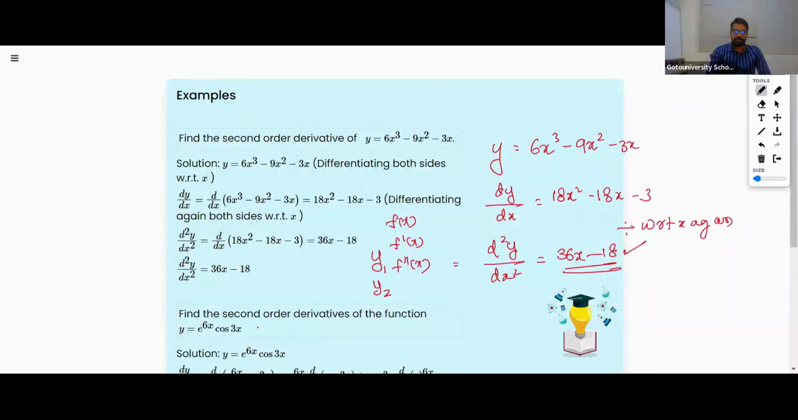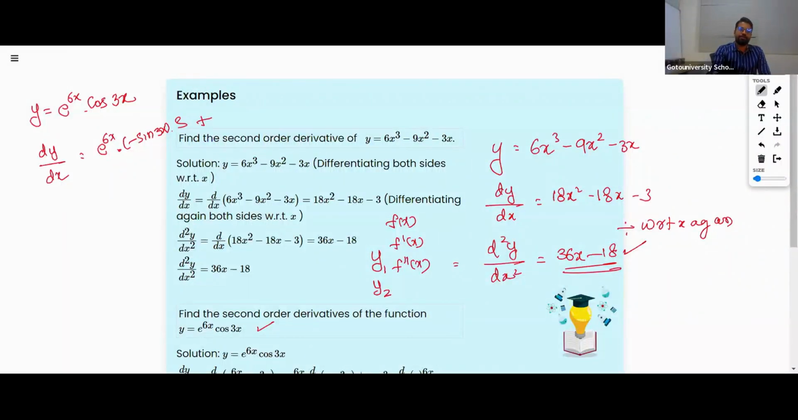So let us look at another example. y is equal to e power 6x into cos 3x. How do we differentiate one time? dy by dx is equal to what? We are going to use the product rule. Let's keep e power 6x as it is. The derivative of cos 3x is minus sin 3x into 3,